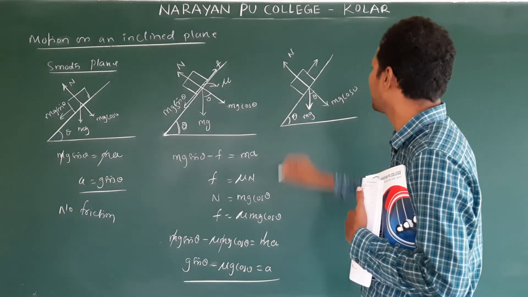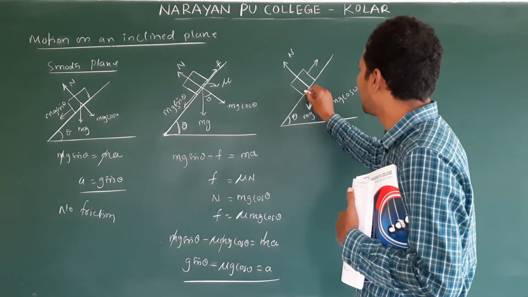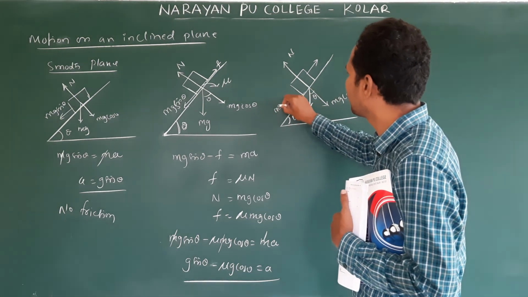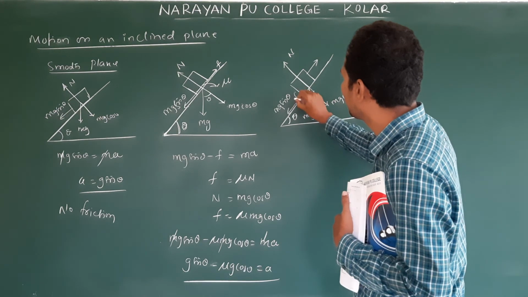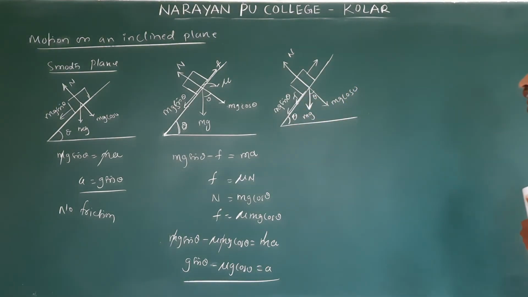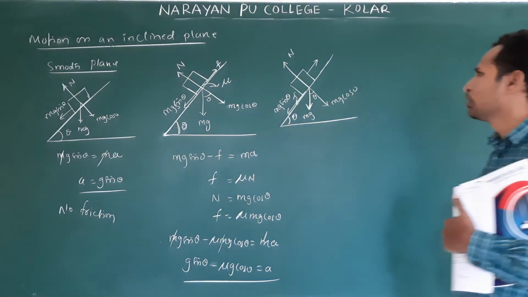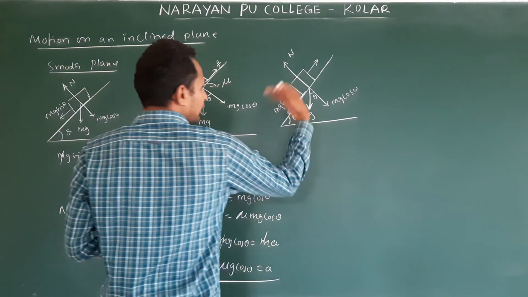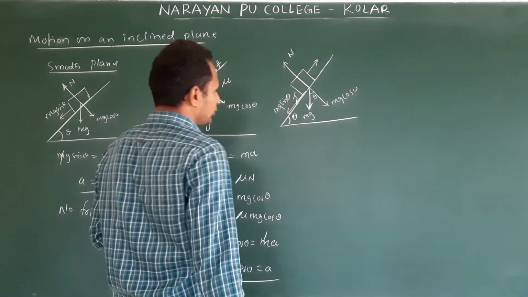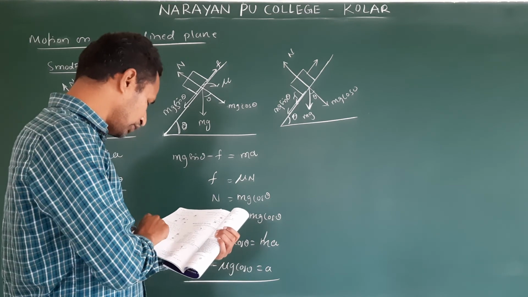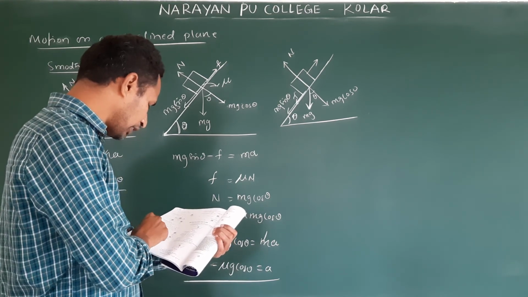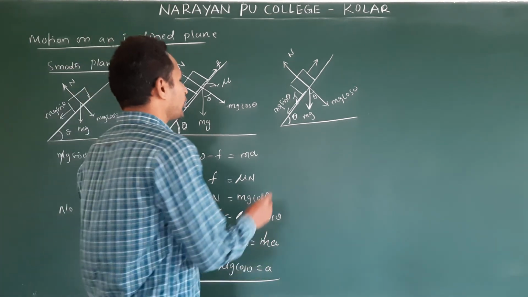I explained in our PU class. And mg sin theta acts in this direction. The body moving up, friction acts in the direction of mg sin theta. Friction direction depends on who decides the motion direction, relative motion. Clear? Now these two are acting downwards. So this we call opposing forces, which are opposite to the motion.